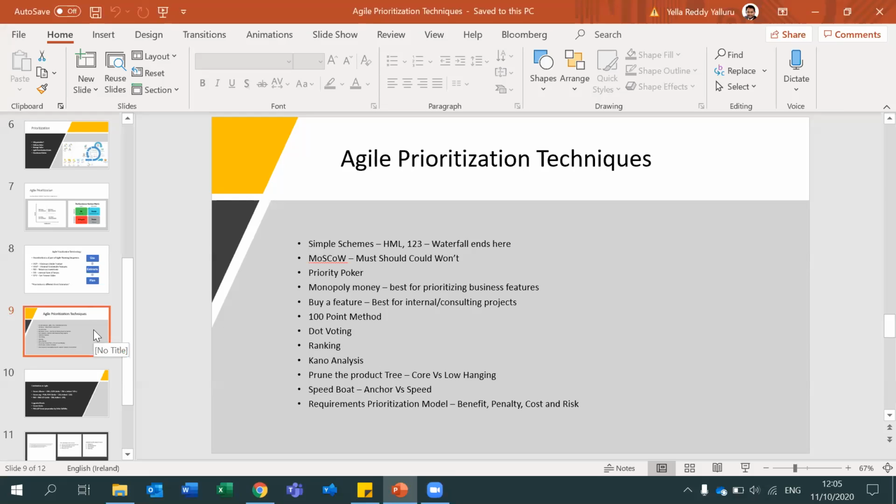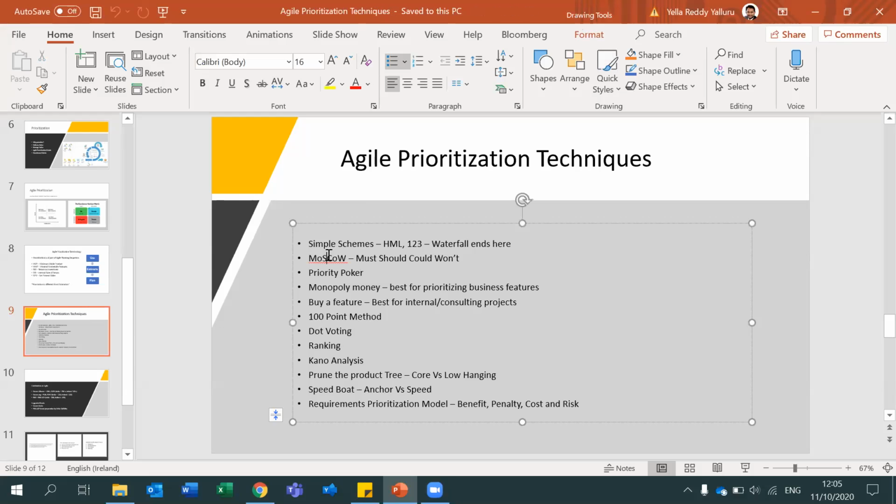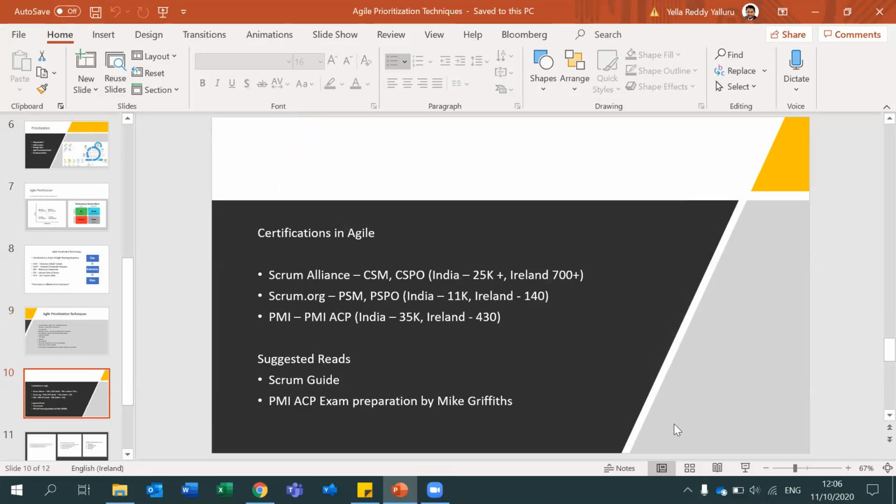Yeah, that's about agile prioritization techniques, different things. Personally, I use MoSCoW, I use Monopoly Money, I use the 100-point method, but again, at different levels and with different people. These two, I'm planning to use in my next project. It's just that you can't meet people in the office, and that's making it difficult for me to use this. Next one is